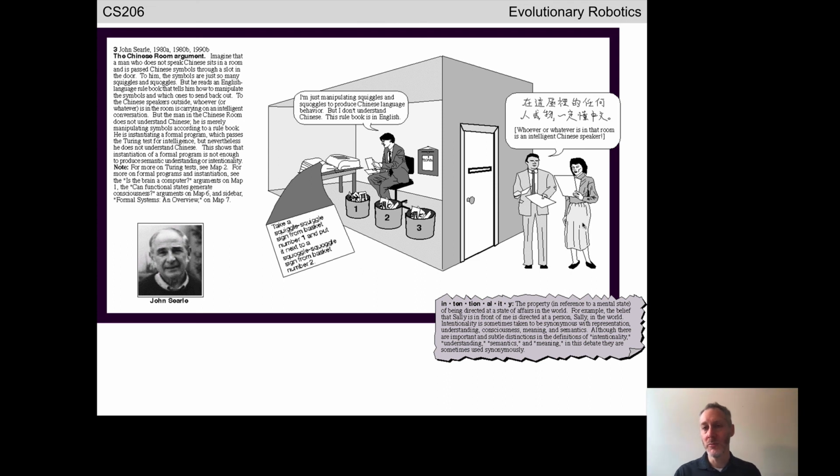Imagine outside the room we have native Chinese speakers. They write a question in Mandarin, in Chinese, and they pass that question through the slot in the door to the English speaker on the inside. From the point of view of the speaker inside, they receive that piece of paper. It's got a series of these squiggles on it. They find those squiggles in the book, they look it up, and they write a different set of squiggles,